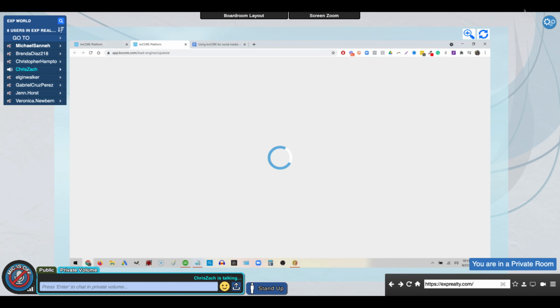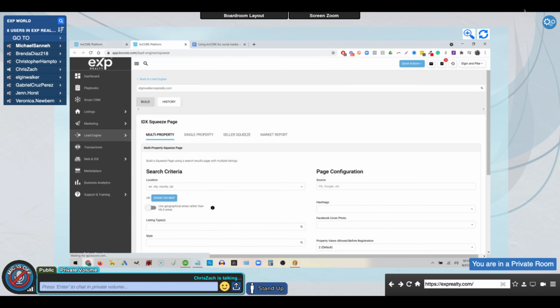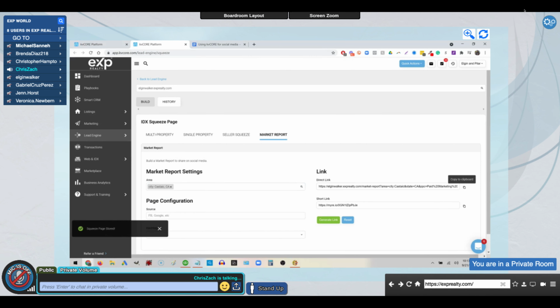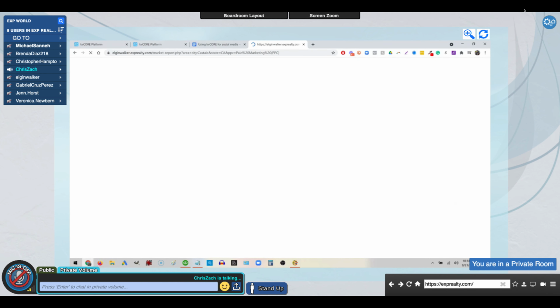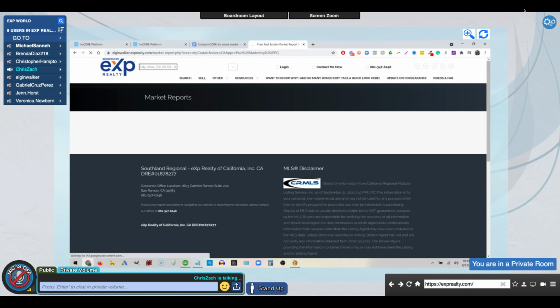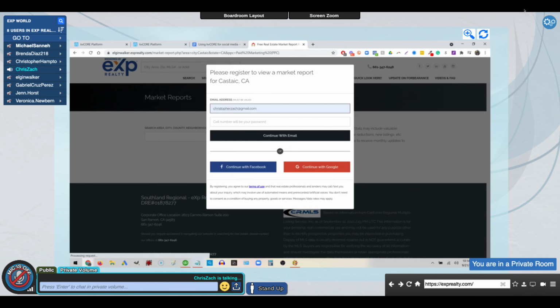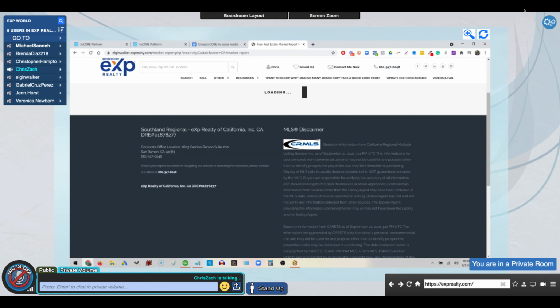So let me show you how to create or kind of view what that market report looks like. I'm going to just create a market report real quick so you guys can see what these actually look like. Now, it might ask for my contact info, so there we go. So Elgin, I'm already in your system, so please do not harass me. You can reach out to me, Elgin, but all right,